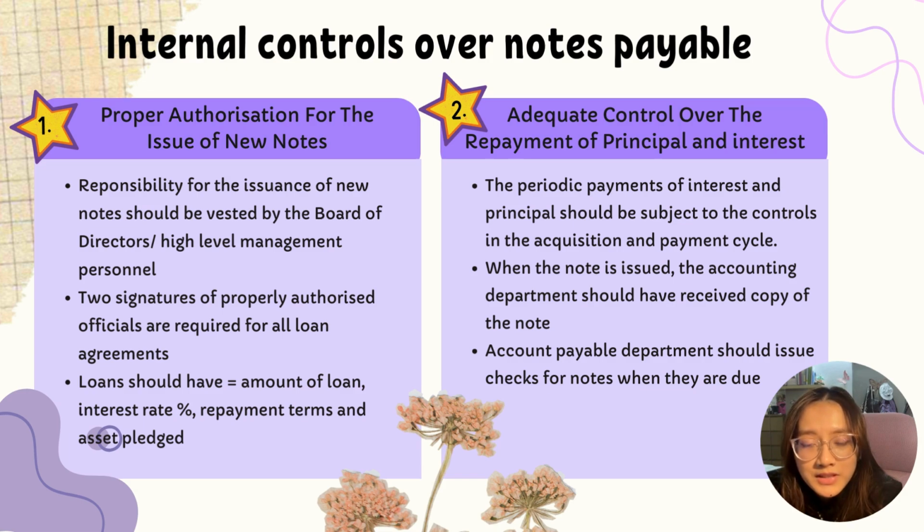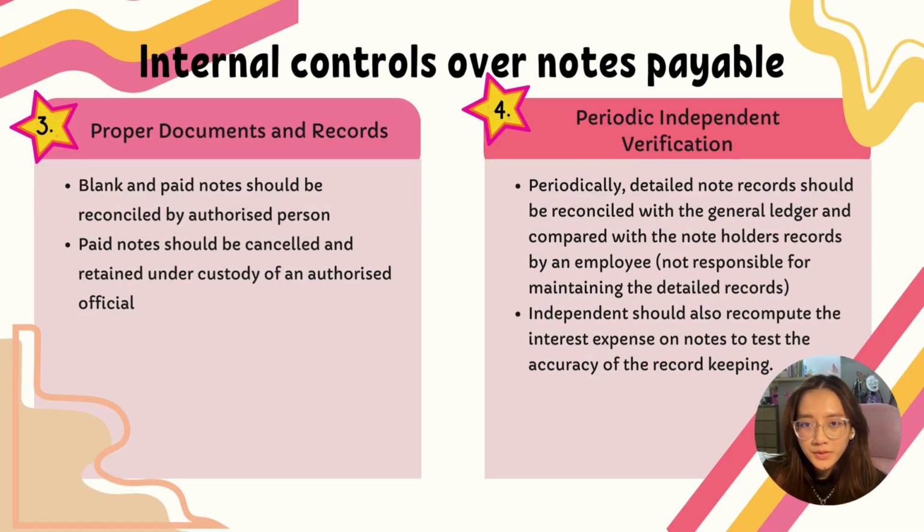Authorization and approval. The accounts payable department should follow established procedures for authorizing and approving payments. Similar to other vendor payments, these include obtaining necessary approvals from authorized personnel before releasing funds. My third point is proper documentation and records. For proper documents and records,